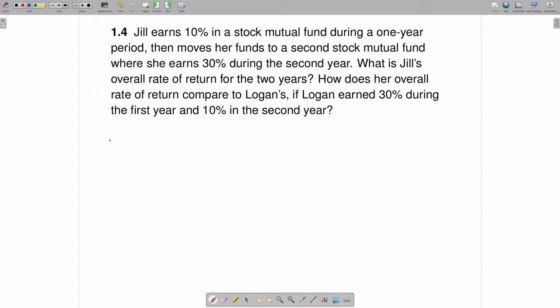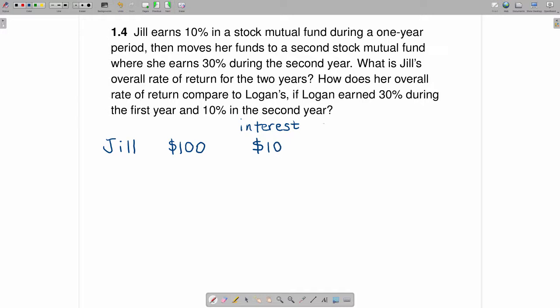Well, the way to solve this problem is to look at Jill's situation and Logan's situation separately. In both cases, it doesn't say how much was invested, so I'm arbitrarily going to start with $100. You could choose $1,000 or anything else, it doesn't matter. And what you want to know here is in the first year, how much interest is paid out. Well, if she earned 10%, 10% of $100 is